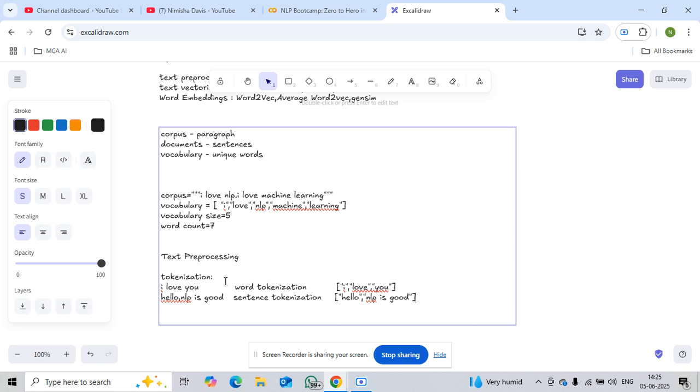If you are using word tokenization, the token will be word. So the paragraph or the corpus or the sentence will be split into words. If you are using sentence tokenization, the paragraph will split into sentences. So the token will be sentence. Or if the word is unethical and we are using subword tokenization, the token will be subword and it will split into un and ethical. Or if my sentence is hello and we are using character tokenization,